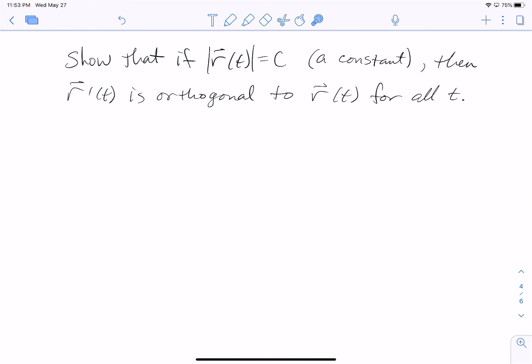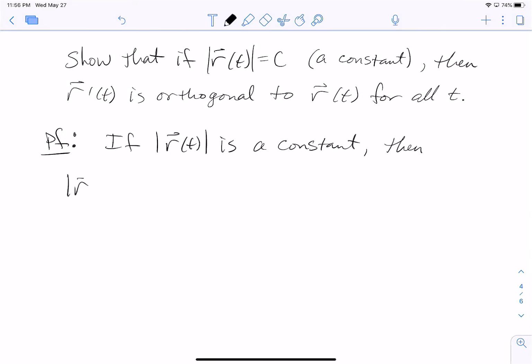Here we're going to prove this statement: if the magnitude of r of t is equal to c, a constant, then r prime of t is orthogonal to r of t for all values of t. "Show" sounds like we're going to prove something, so I'm writing it as a proof. If it's the case that the magnitude of r of t is a constant,